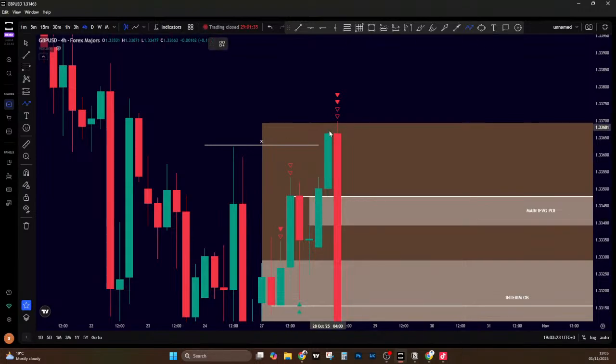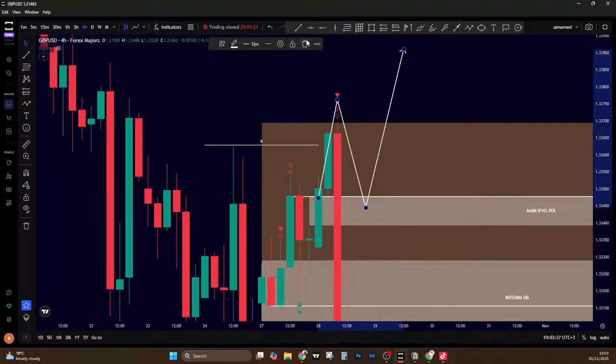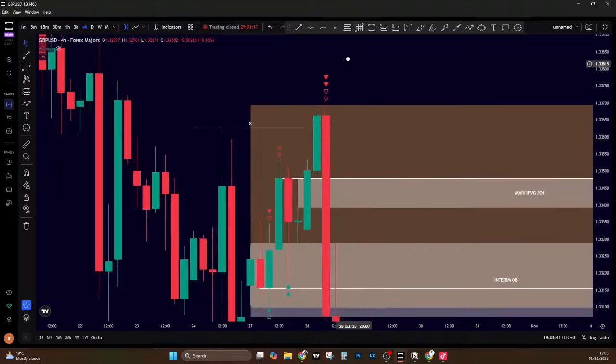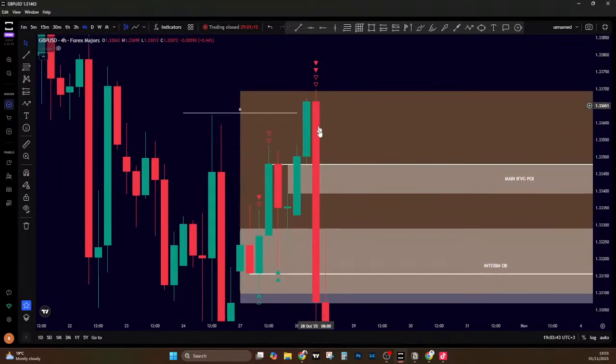There is an FVG here, and the market was moving up. So we expected when the market comes to the FVG, it will tap and then buy. But what happened? This FVG was disrespected, and the market continued to sell,